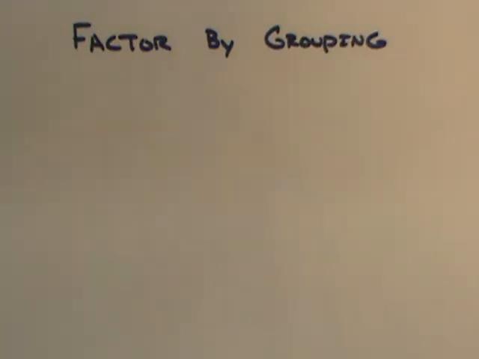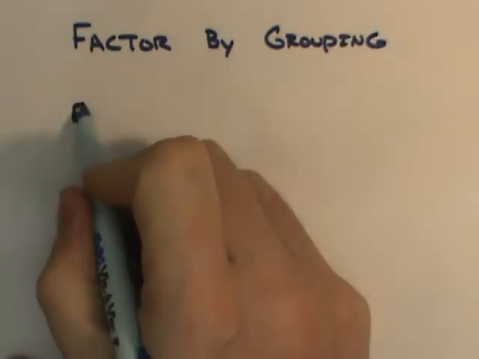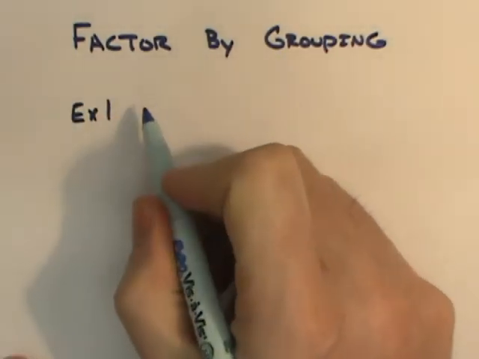The next logical step for factoring with the distributive property is to move into factoring by grouping. Grouping is set aside from the distributive property in that you'll automatically have four terms that you're working with. So as we look at example 1, I might have something like